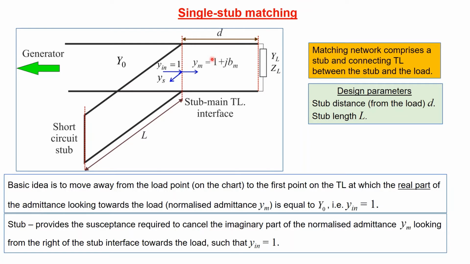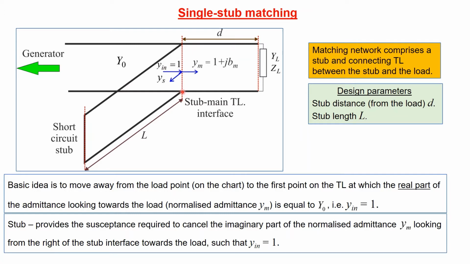That's why I've written 1 here. Of course, associated with that point will be some value, which we just call Bm, the imaginary part, which we don't know yet, but which can be got, we'll see later on, from the chart. And then what we will use the stub for is to provide the susceptance to cancel the imaginary part of Ym. Because remember, Yin